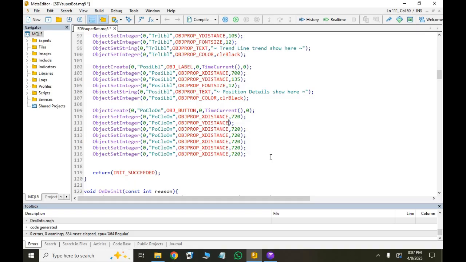Y distance should be 135 for the last label. Let's add 200. And next